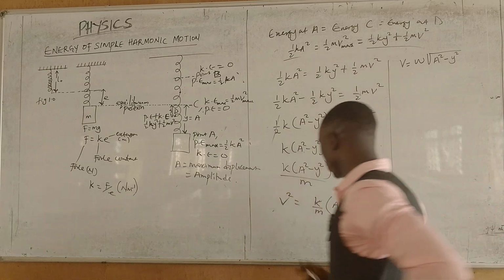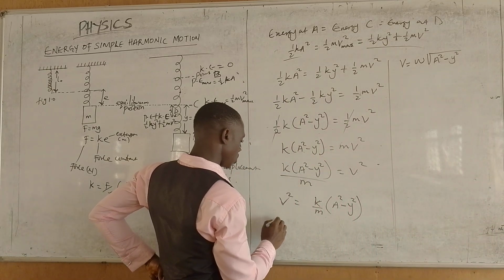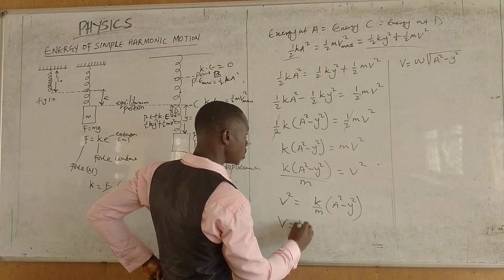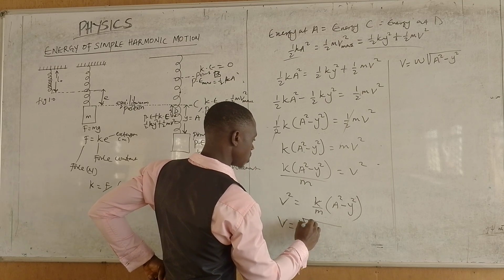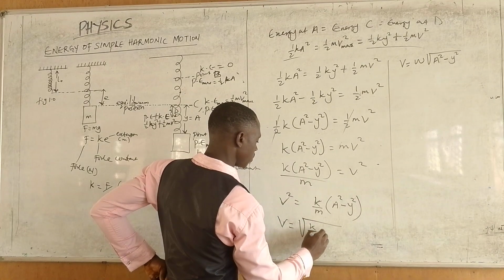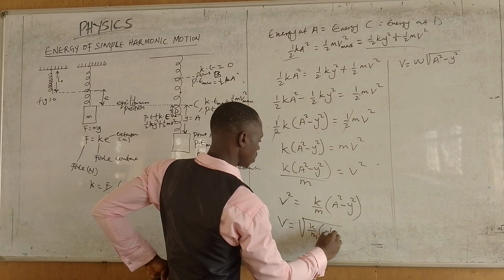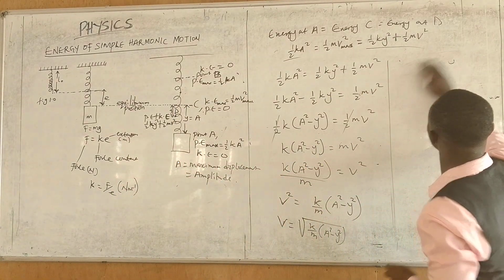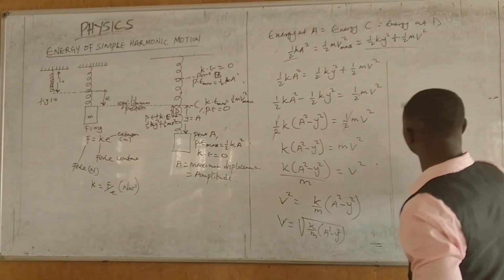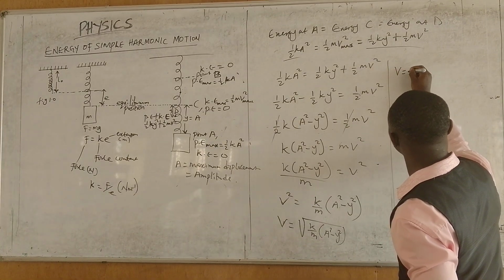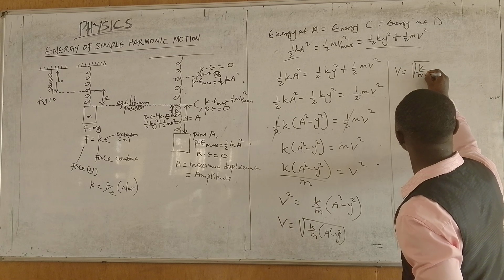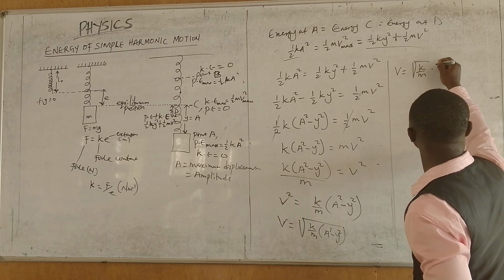So let's complete what we are doing here. Find the square root of both sides. We have v now to be equal to the square root of k over m into A squared minus y squared. Please write this one somewhere. Then, if I break it down, I will have root k over m times root